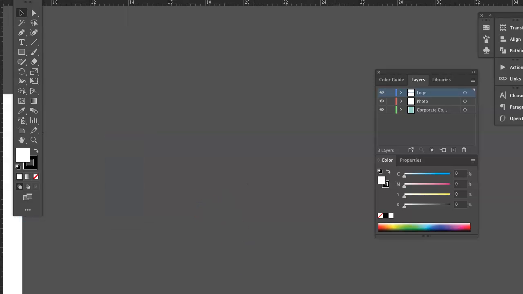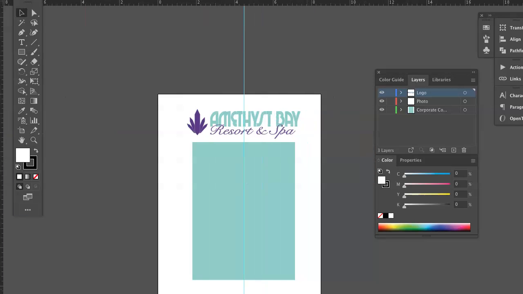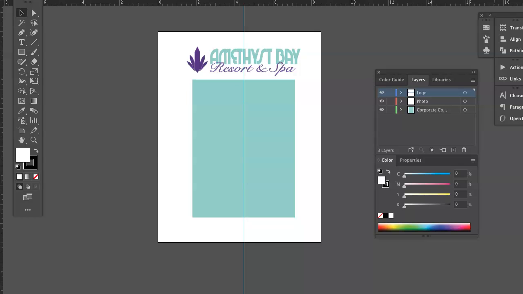Make sure it's the right size. It looks like it could be a bit small. Let's see. Yeah, no, it's correct. I'm sorry, I was looking at the scale here. Zoom in again. I see you have the correct layers. You've got a layer for the vector logo, a layer for the photo. Notice that it's not showing up. A box with an X through it means that it's a linked image. And it won't show up because the file is not freestanding. It's calling upon an image that is only on your hard drive, presumably.